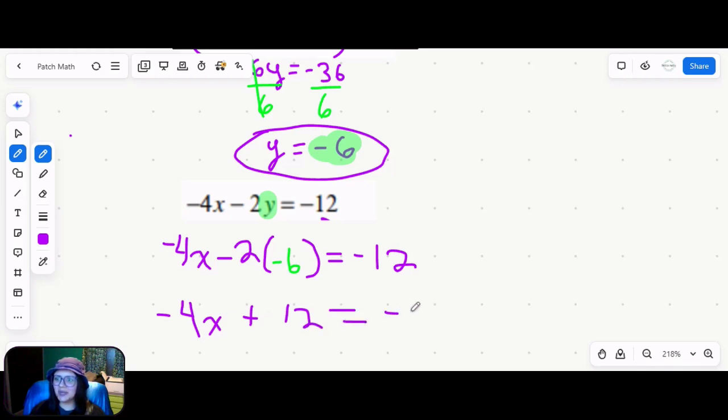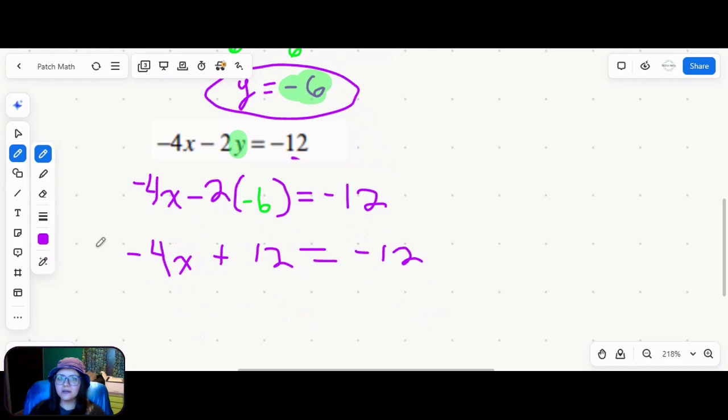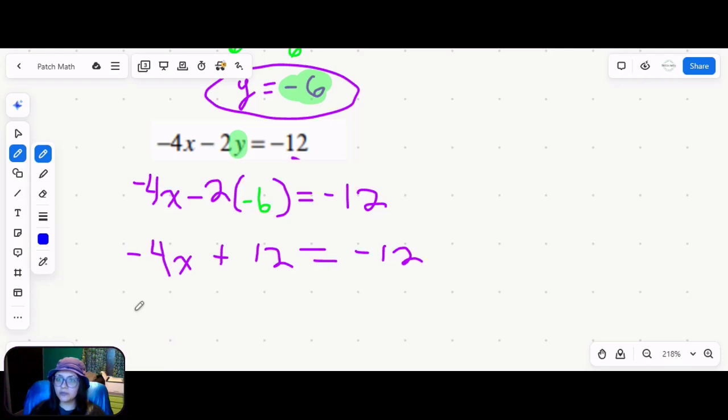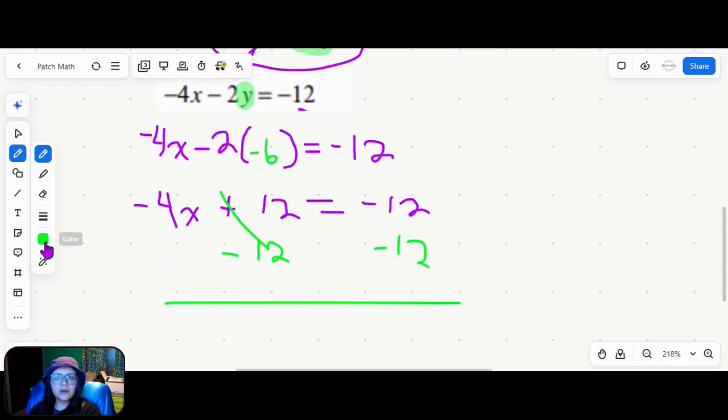I like how this one is working out. So if you'll see here, we have no more simplification we can do. So we can go into our solving steps. If we are going to solve here, we're going to do the opposite operation of how the number is attached to the variable. Since we have more than one operation here, since we are doing opposite operation, we need to do opposite PEMDAS as the path of least resistance here. So we're going to undo that addition by subtracting 12 from each side of the equal sign. Those cancel. We are left with